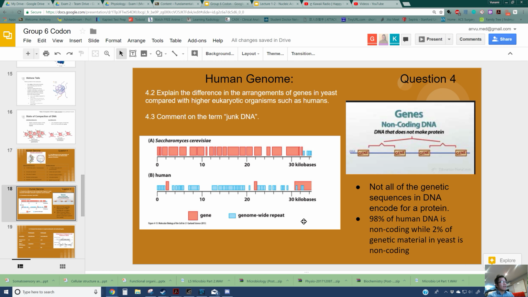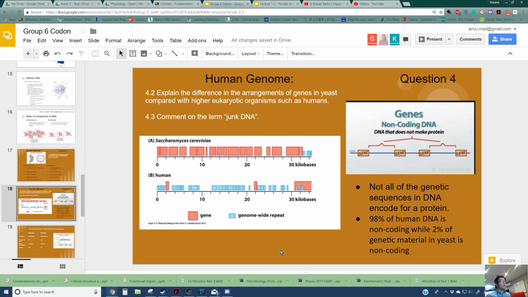And so, junk DNA, commenting on it, I don't think that 98% of our human DNA is considered junk. I think that some of these non-coding DNA are introns, and those introns can be spliced and used for gene expression. And so I think that there is some junk DNA, but I don't think that 98% of human DNA is junk. I think more than 2% of the human DNA has a purpose, and that maybe there